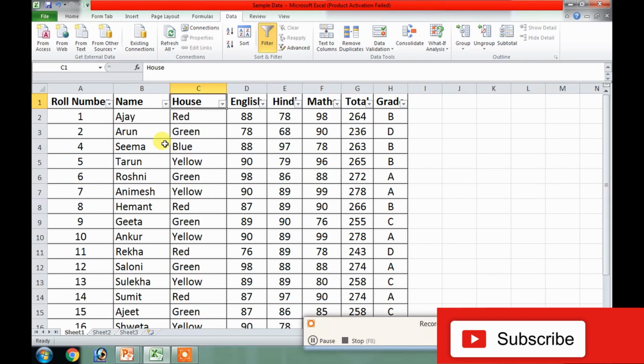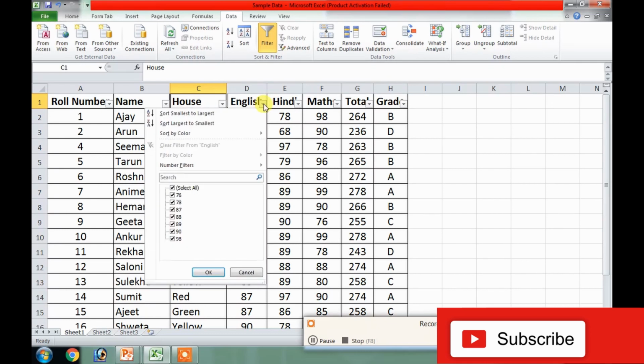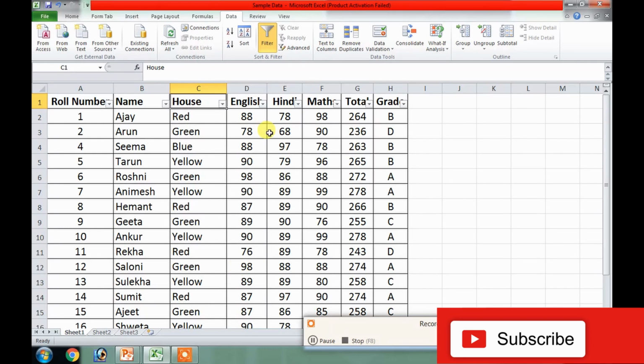So these are some ways of filtering. Depending upon the need, we can filter the data as well as deactivate the filter. Filters can be applied on different columns wherever we have categorized data. Suppose I want to look for the highest marks, I can find it. So practice it and clear your doubts by watching it multiple times.